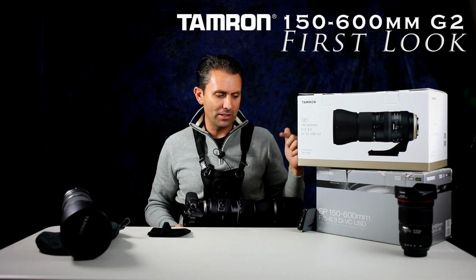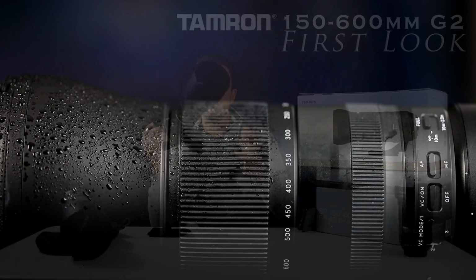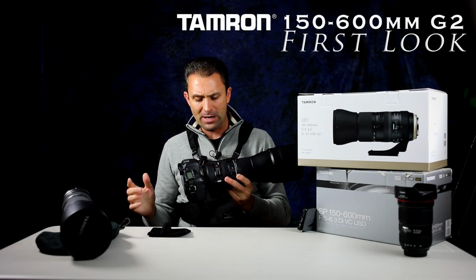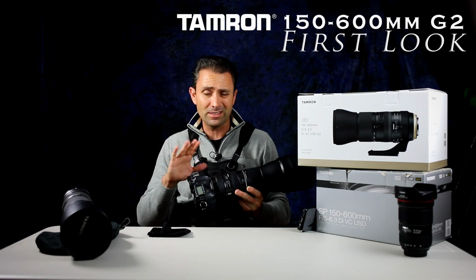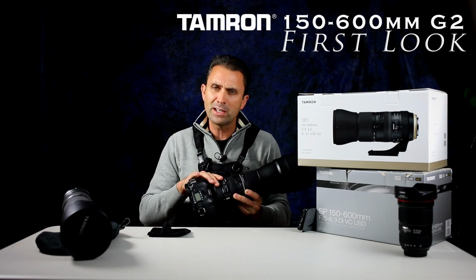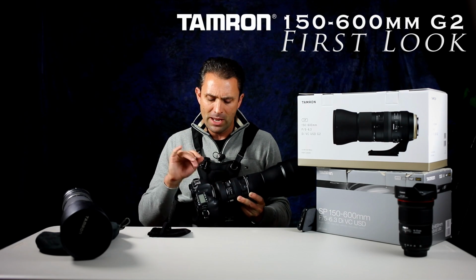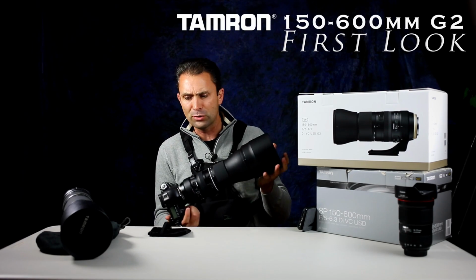Dustin Abbott, and I'm here today to talk to you about the new Tamron 150 to 600 millimeter. This is an f5 to f6.3 lens. It has Tamron's VC, which is image stabilization. It has its USD ultrasonic drive motor, and this is the new G2, or version 2, generation 2 of a